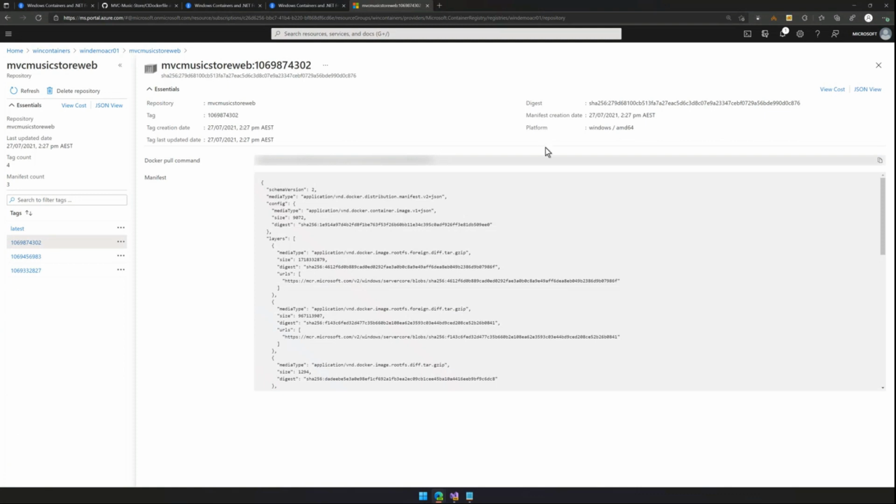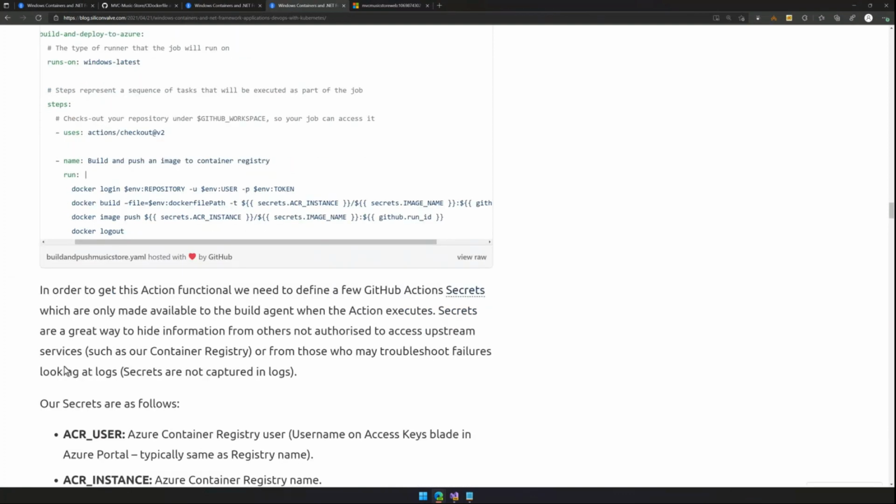So joyously, my filtering extension has filtered out the Docker pull command, but there is a Docker pull command here that would allow you to pull that container image locally if you wanted to. So at this point, I've got versioned images being deployed into Azure Container Registry, and then I can use those as deployment sources pretty much anywhere I want that I can get a reference to Container Registry from. But in this case, like I said, Kubernetes service will be the place that we go.